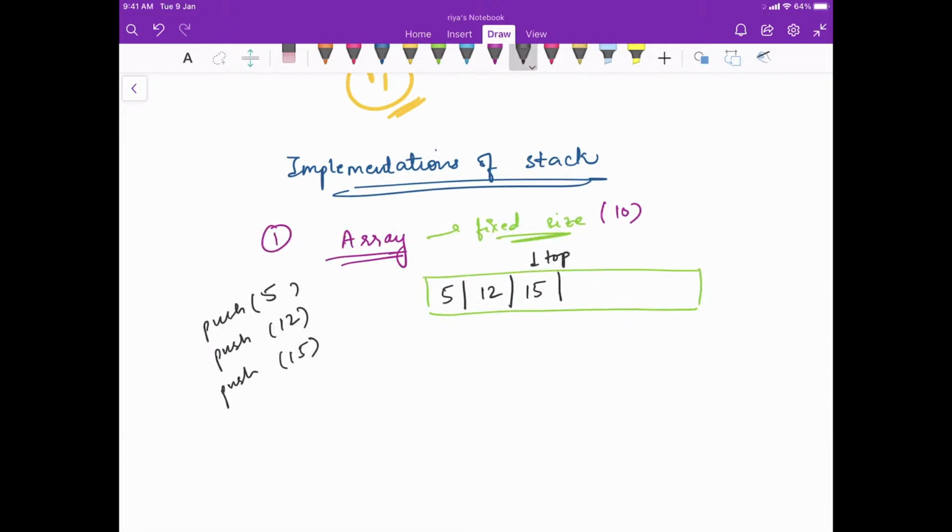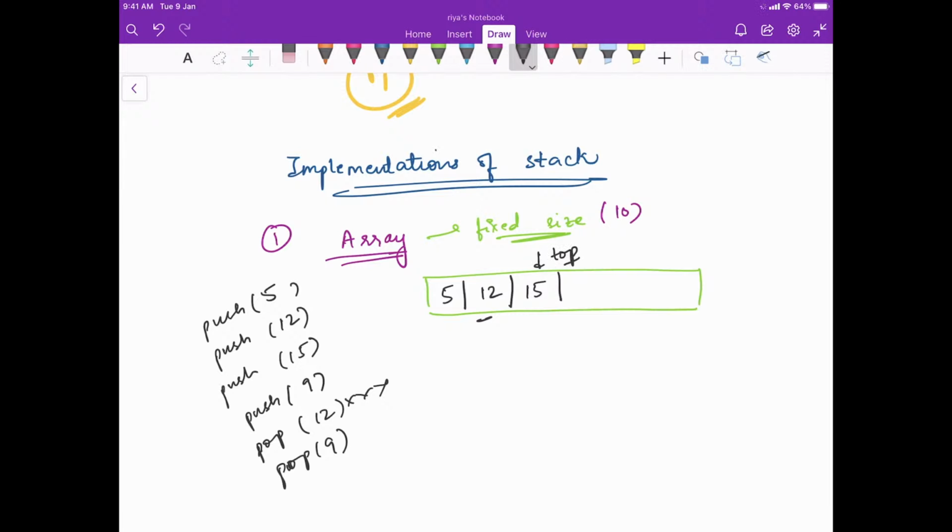You can see here that I have taken a data structure like an array and I am implementing the stack using this data structure. Let's say I am pushing 9. So 9 comes here, and the top pointer actually comes here. Now let's say I do pop 12. That is not a valid operation because I cannot do that. But if I do pop 9, that is valid. 9 is removed and the top of the stack simply comes here.